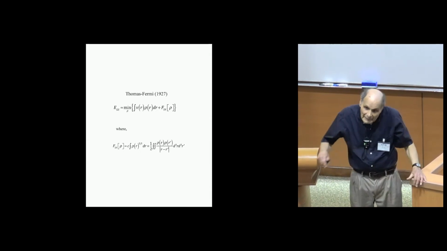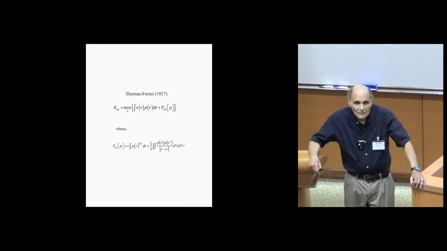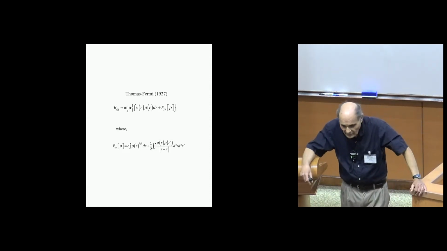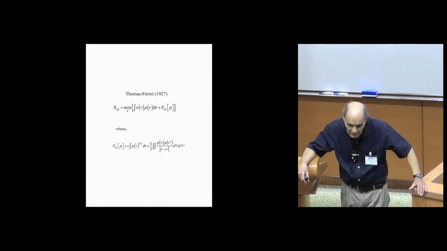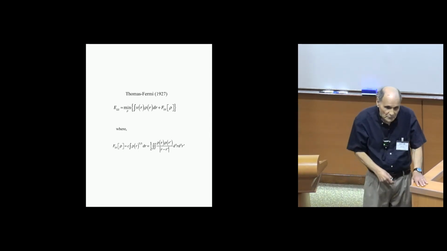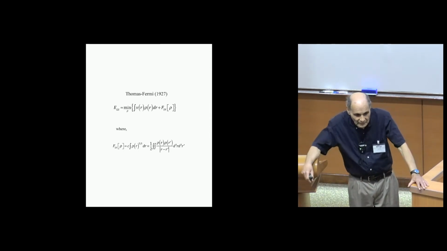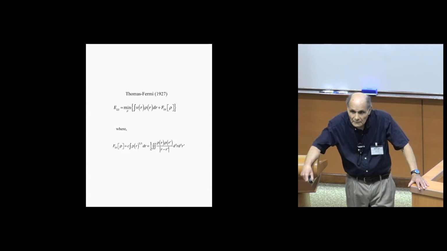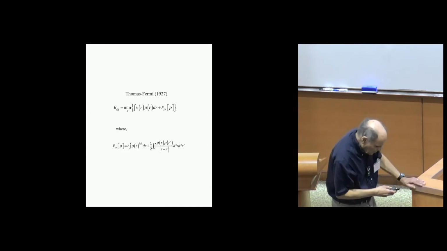I thought if you give that question to a large number of people, many more people would come out with the constraint search version than with the original proof by contradiction by Hohenberg and Kohn. Okay, so